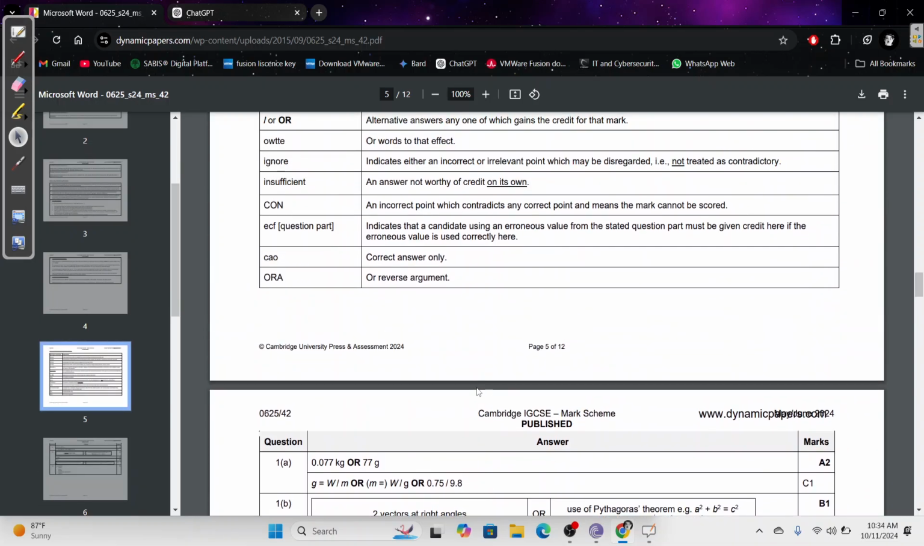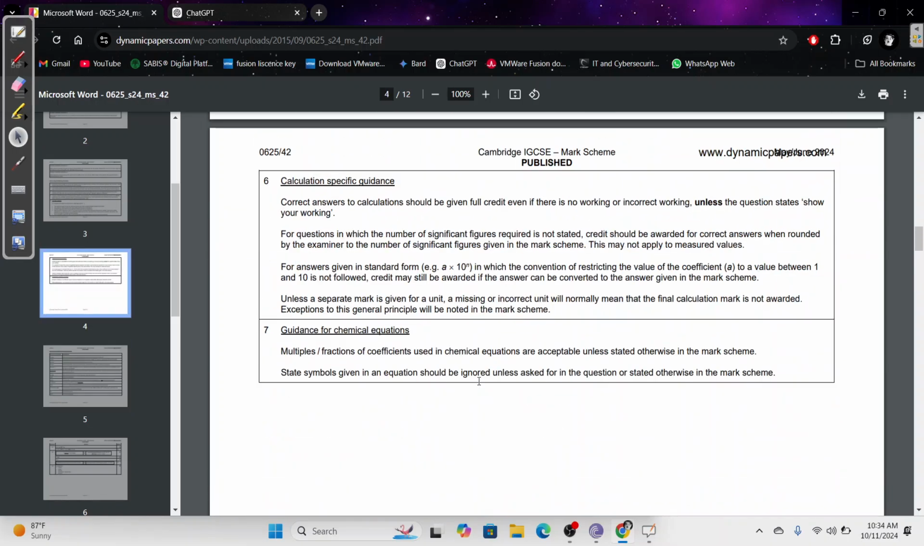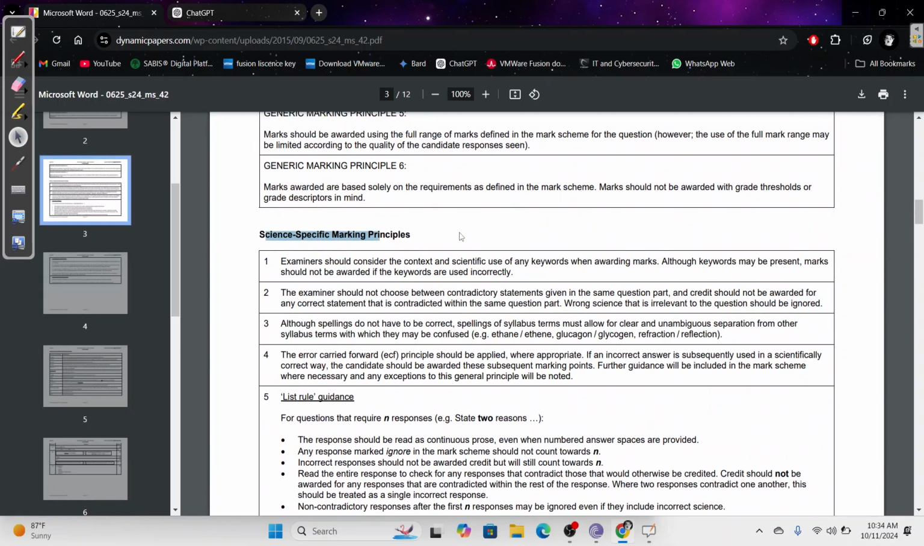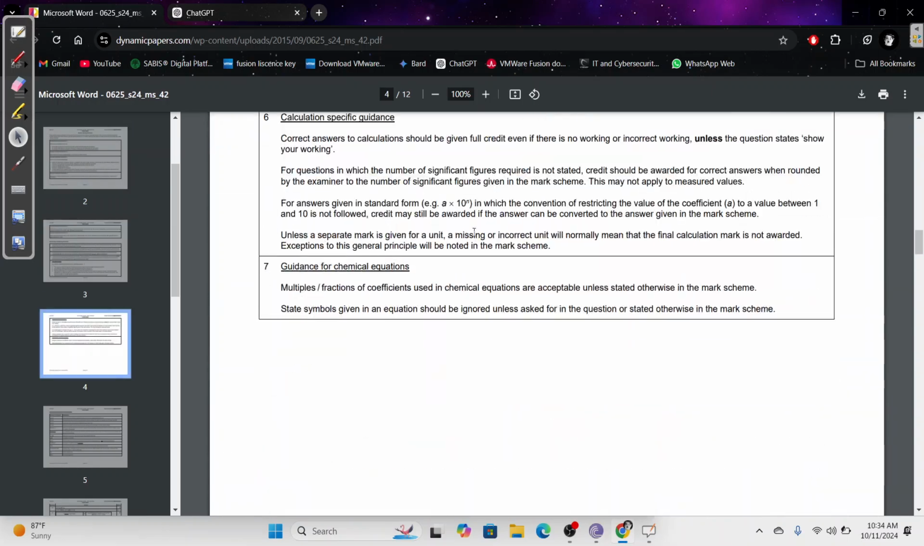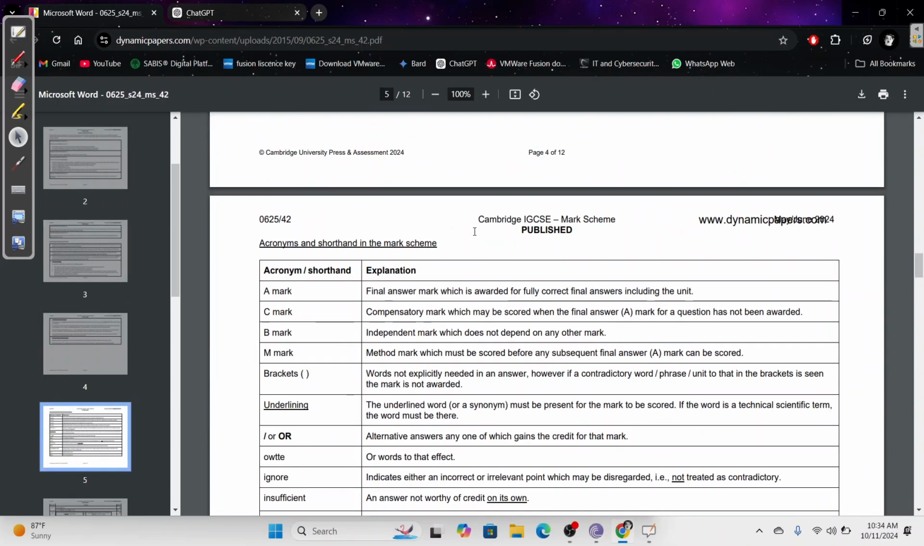And yeah, that's pretty much all you need to know about the marking scheme for Cambridge IGCSEs. These are for science, by the way, mostly for science. Math, I'll explain the math marking schemes when I get to the paper two